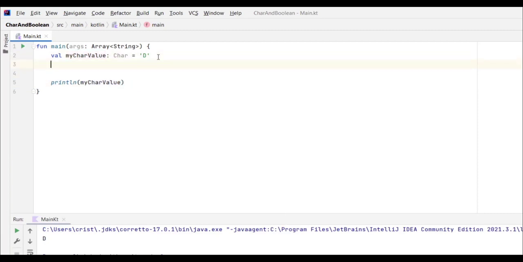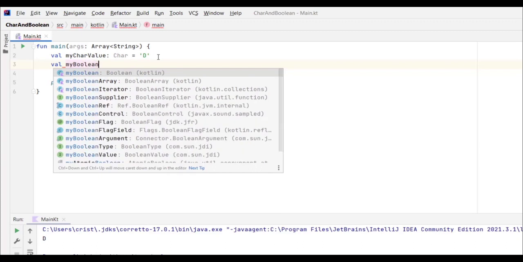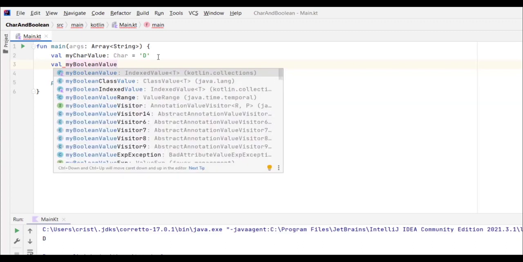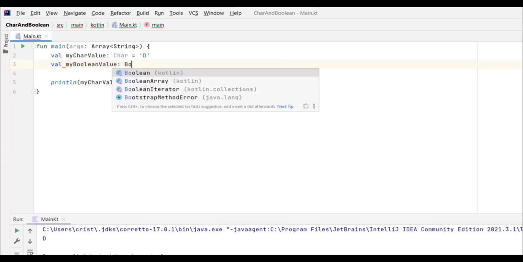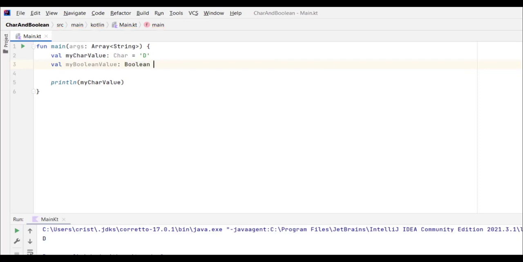To declare a Boolean data type, we type again val, because again I want this to be immutable, and I'm gonna call it, in camel case, my Boolean value, and for the type choose Boolean. A Boolean data type can only store a true or a false value. So you can only assign here true